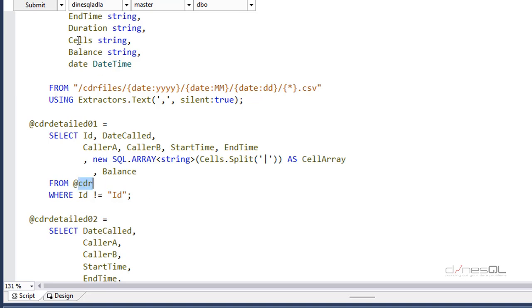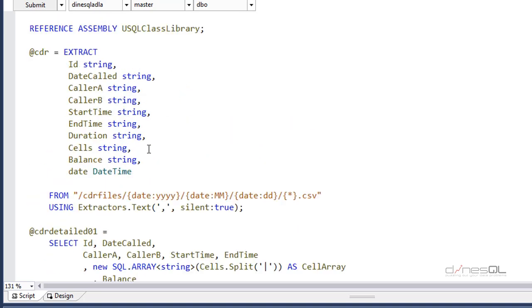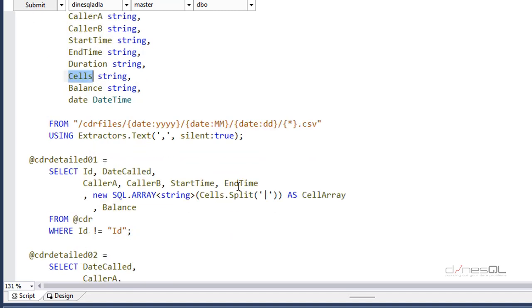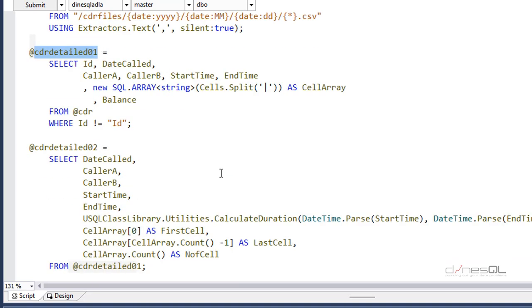Now you can see with the previous statement, again we have read the cells as string columns, but with this second statement I'm using a C# method called Split to split values in the cells, and then I'm converting the whole thing into an array. So what happened with the second statement is that id, date, caller A, caller B, start time, end time will be written to the result set. In addition to that, we'll have an array as a column that contains all cells. Okay, so that's going to be my CDR detail 01 rowset,